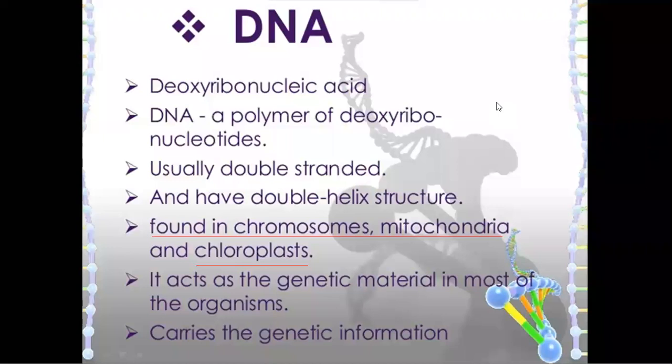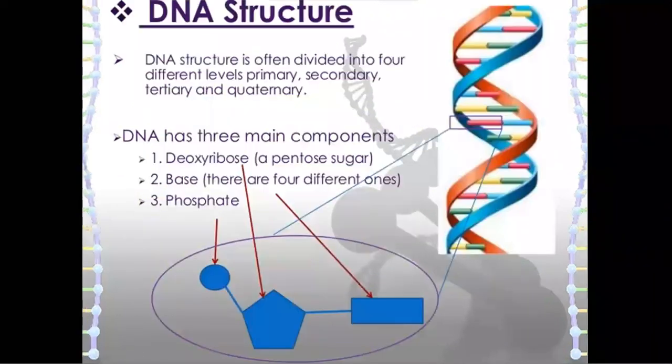And this DNA is mainly useful for carrying genetic material and genetic information, which is useful for the metabolism of different processes and for the formation of different enzymes and proteins. So we need the genetic information, and that is carried by DNA, which is present in the nucleus. This DNA is not released outside the nucleus; that is done by mRNA. So it will not go out directly itself. And this is the DNA structure.